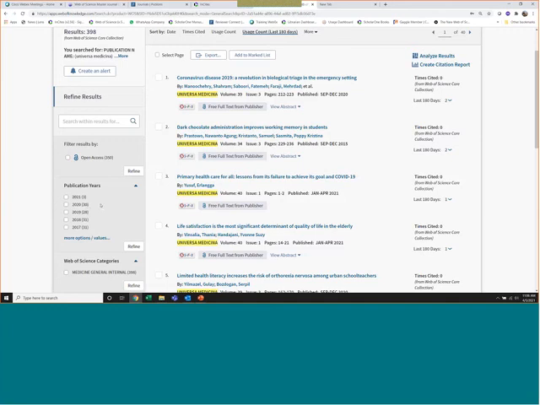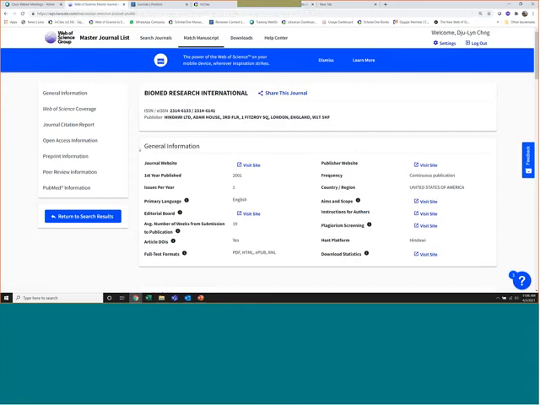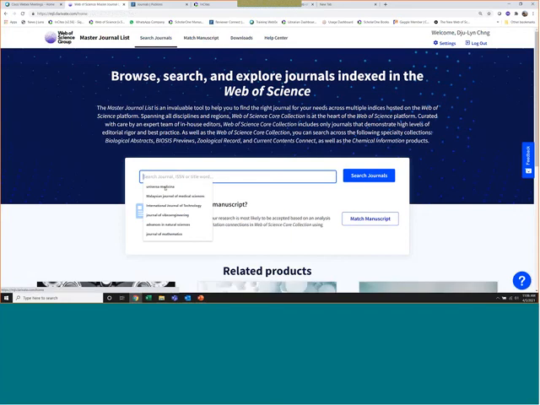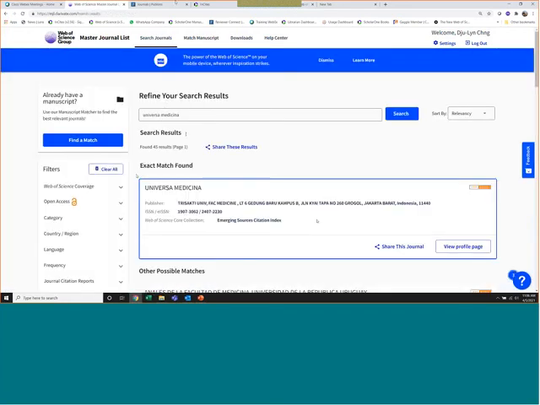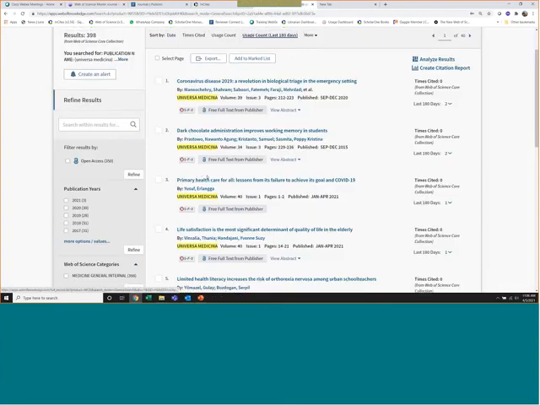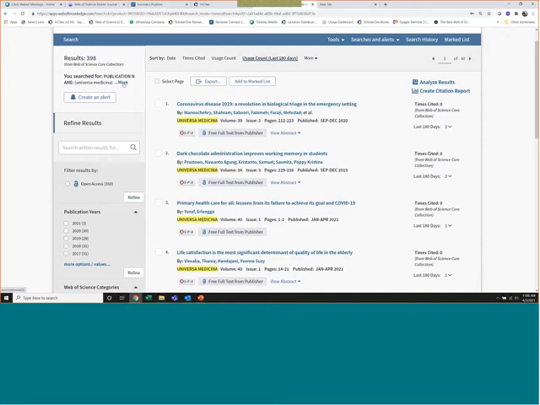So in order to verify whether this title is still in Web of Science or not, always go back to Master Journal List to have a quick check to make sure that you can find that journal name in this list. Okay. Let's go back to Web of Science itself. Okay, so this is how you search for a publication and all the articles here.